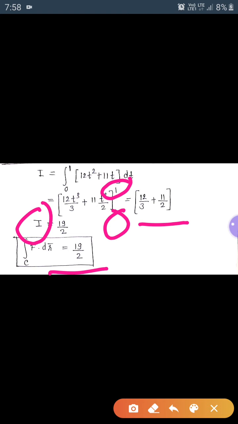Now what is I? I is equal to integral over C of F dot dr. So this is the value of the integral, which is